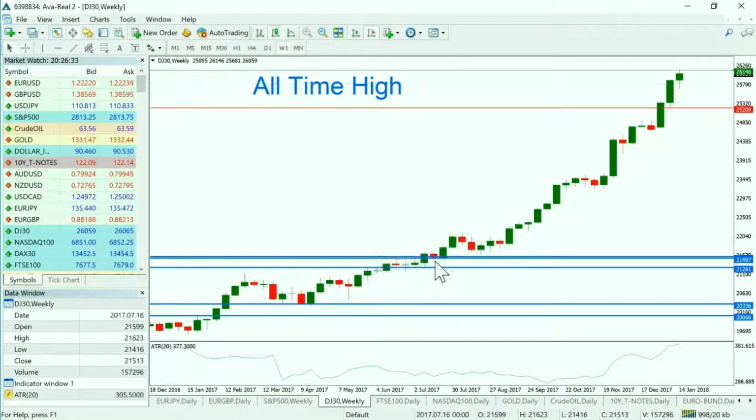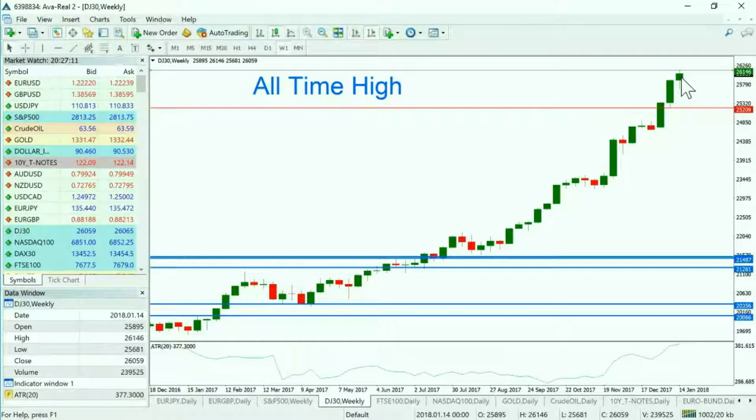3 years ago, it was widely expected that these markets would never really see 20,000, or some conditions would need to fall into place for that to happen. It was an ambitious expectation, but now, as you can see, it's a very, very realized expectation. In fact, we've now pushed 30% above that level. So an incredible bit of price action, and it looks like it very well may continue.